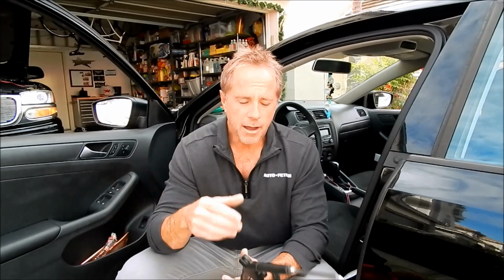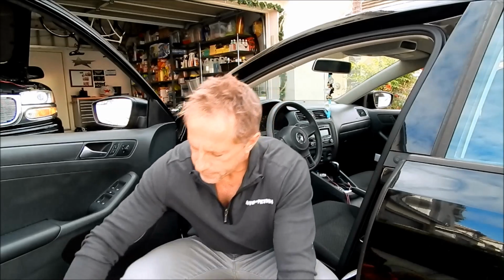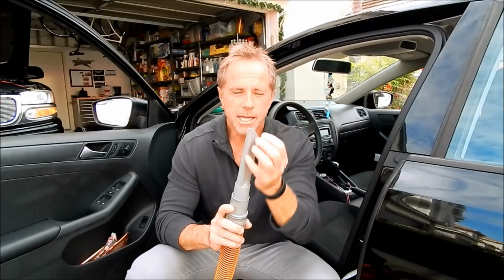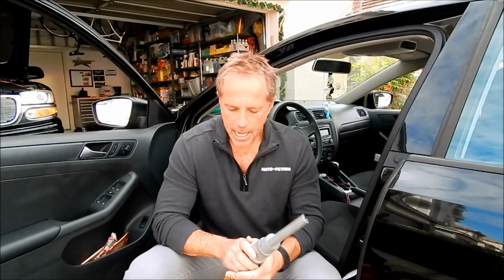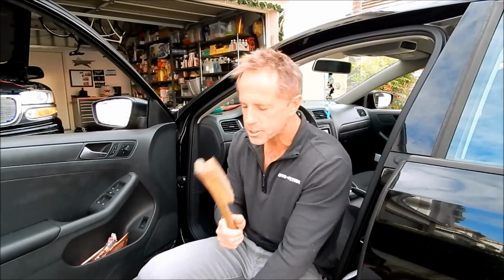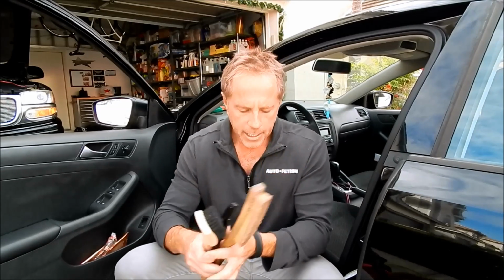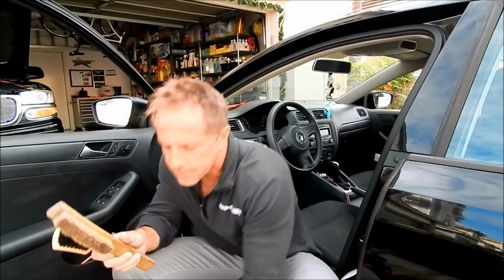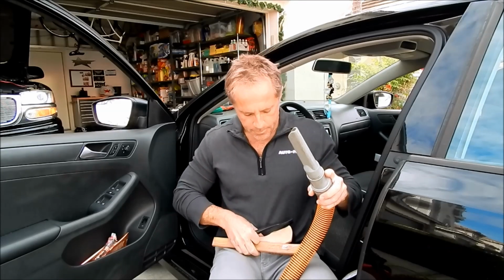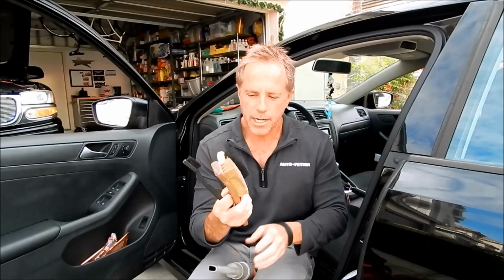So that's the trade-off. And sometimes you just got to do both. So I prefer, as a rule, to vacuum it up because it sucks up the debris at the same time. And that's where you have to just use endless types of brushes in order to do the trick. So as I'm vacuuming, I will simply pick my brush of choice, and really the brush is just predicated on